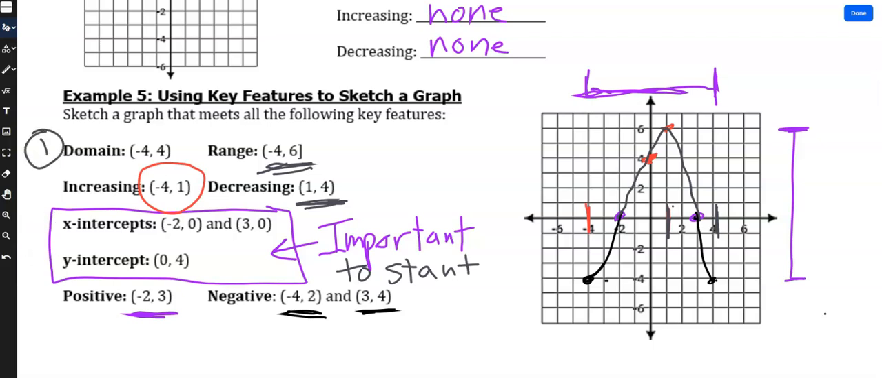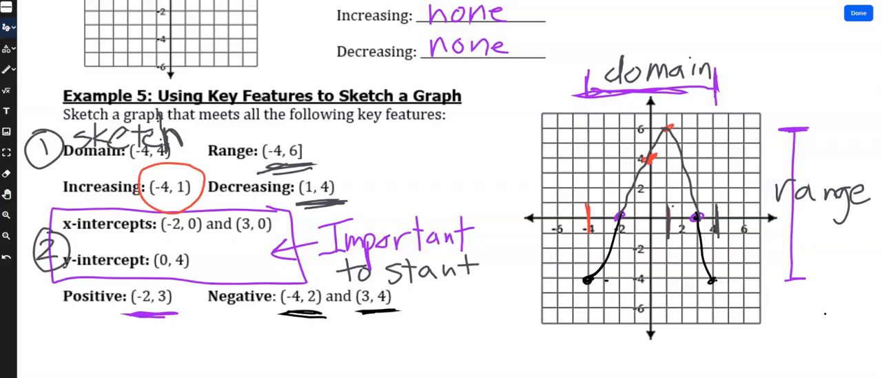1, kind of sketch the outside. So let's sketch. Here's my domain. Here's my range. Just sketched them on the outside. 2, I went to the x and y intercepts. 3, I went to the positive and negative. 4, I went to increasing, decreasing. That's kind of the order I would go in to figure this out, because as you can see, I had